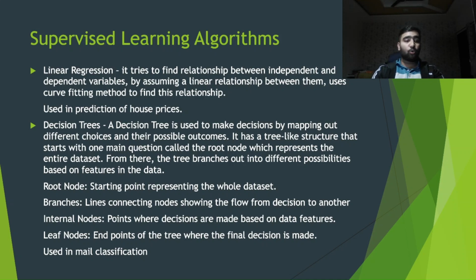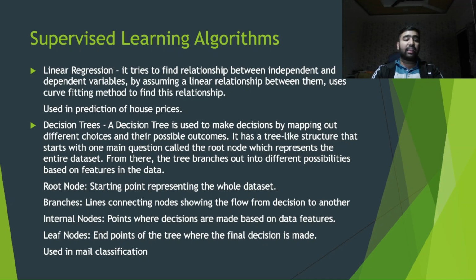The first is the root node, which represents the whole data set and starting point of a decision tree. From that point, for each possible decision, a decision tree branches into different branches. A branch is the line connecting nodes showing the flow from one decision to another. Then we have certain internal nodes which denote further decisions which need to be made based on the data